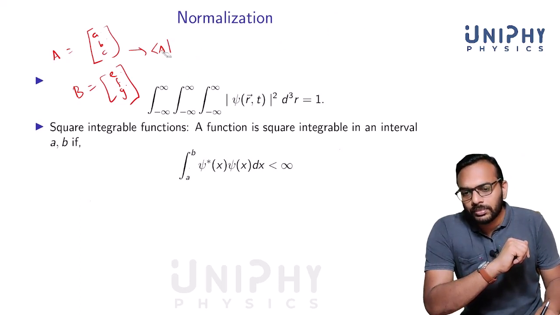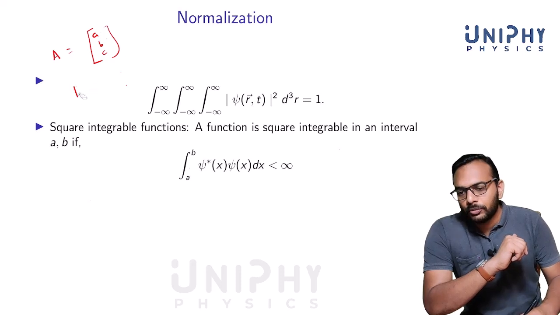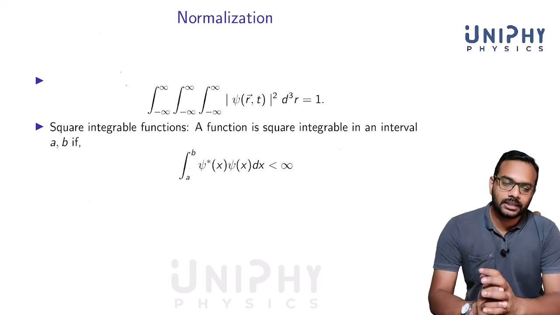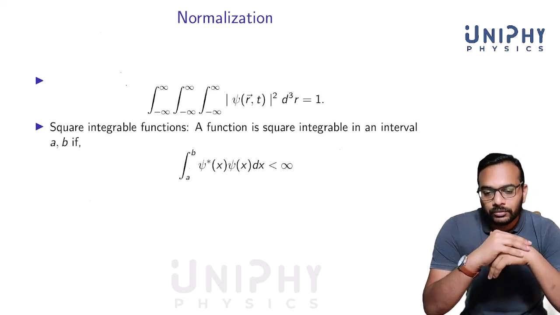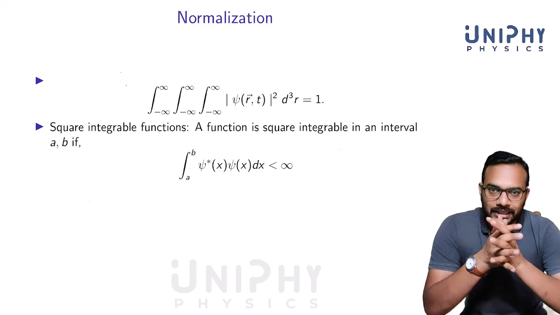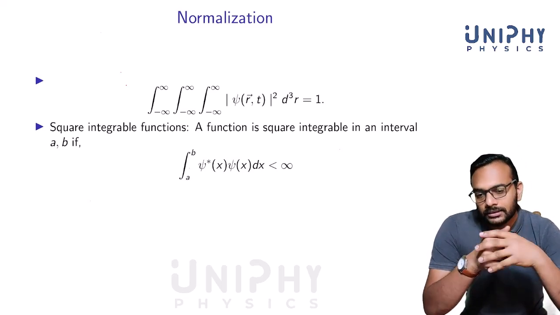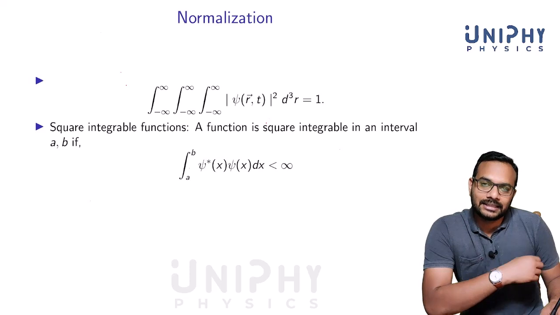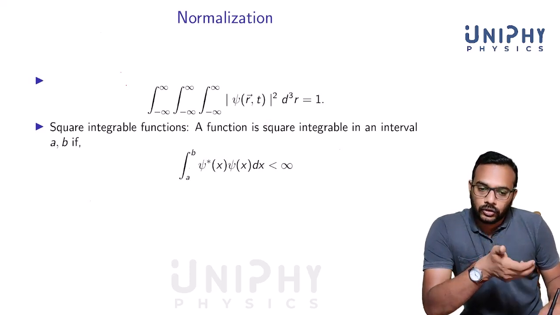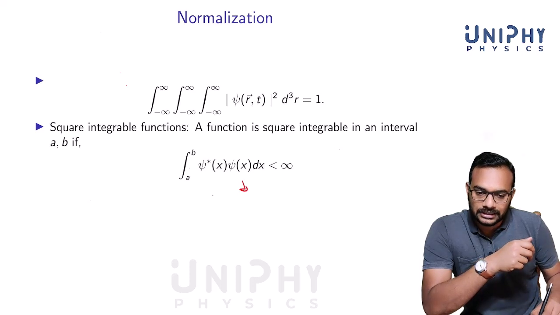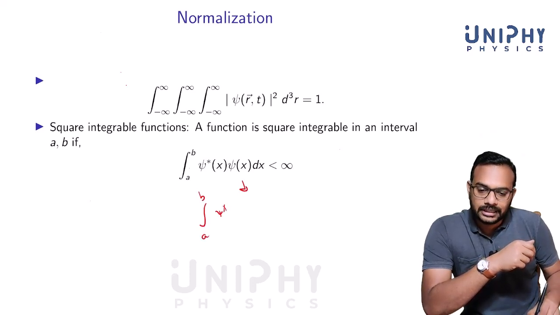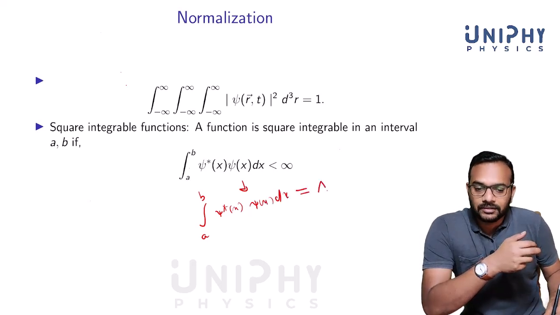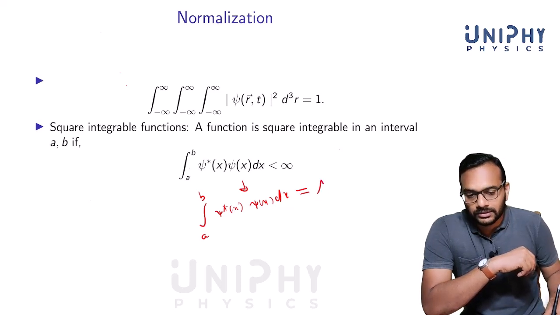Now, when we do problems or deal with a physical system, you may actually have to start by normalizing the wave function. Sometimes the wave function may not be normalized. How do you normalize it? You demand that this condition is satisfied. If it is satisfied, we say that it is normalized. If not, for example, if the integral from a to b of psi star of x psi of x dx is not equal to 1, but is some finite quantity a,